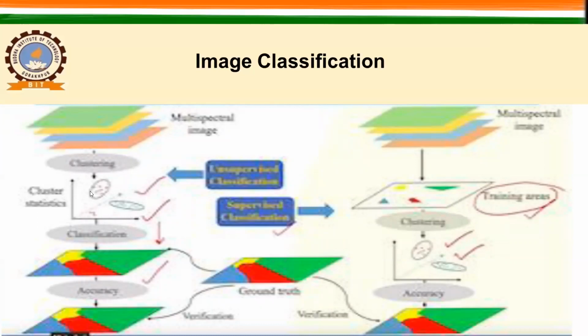और हम क्या cluster करते हैं? And we cluster, or we find out the cluster, based on the statistical similarities, and then subsequently we use either ISO data or k-means algorithm, and then we classify this image into two different classes.